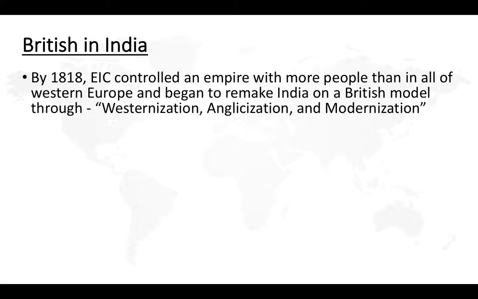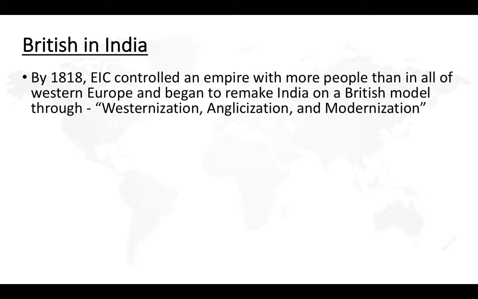By 1818, the British East India Company controlled an empire with more people than all of Western Europe, and they began to rebuild India on a British model that they thought would allow them to not only exert control, but to use India to their advantage in becoming the most supreme and most powerful nation in the world. That's a part of nationalism. They're going to do three things. They're going to try to westernize India,